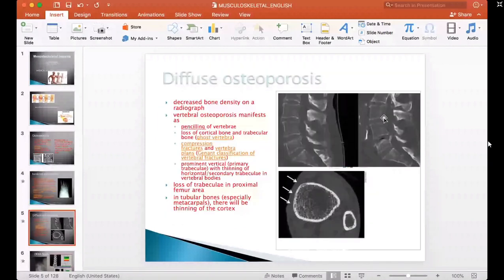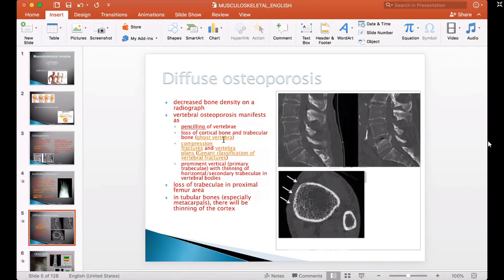So let's take a look here at what happens with the bones. As I told you, first is affection of the lumbar spine. We will observe on the radiograms a decreased bone density, and usually we will have vertebral osteoporosis, which manifests as a penciling of the vertebra. This penciling is due to the loss of the inner trabecular bone structures. The contours of the vertebra are like written with a pencil, and we also call them ghost